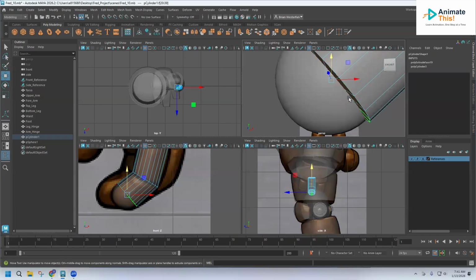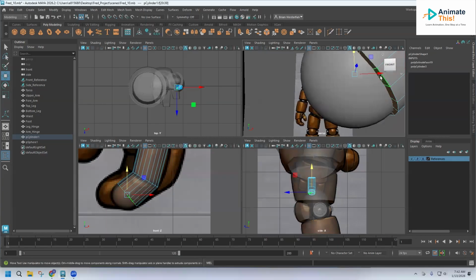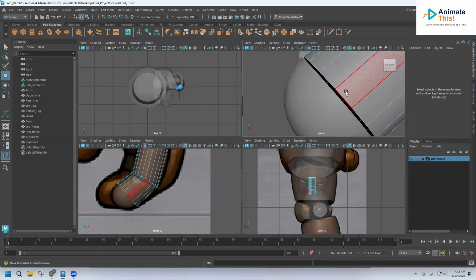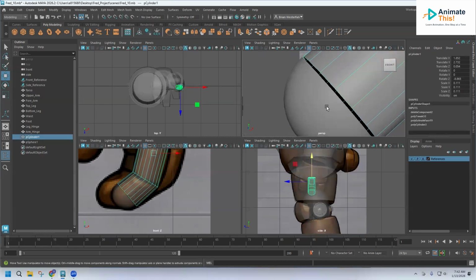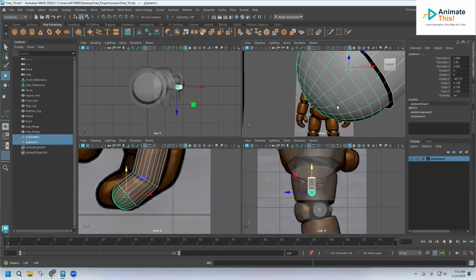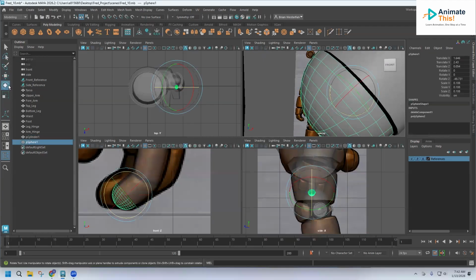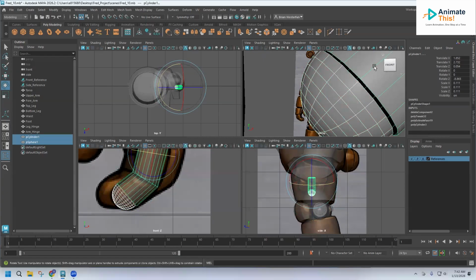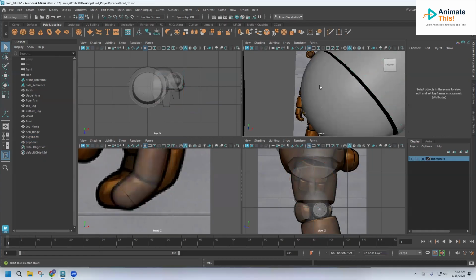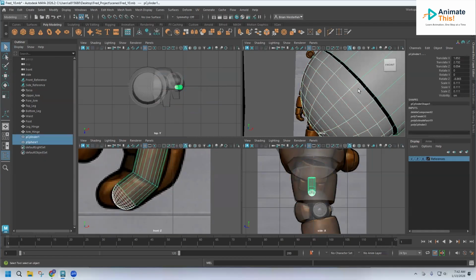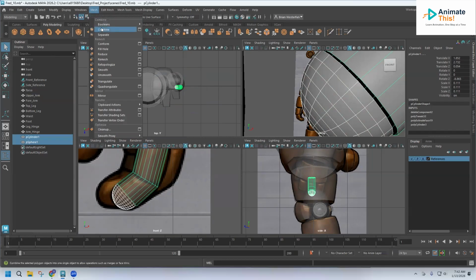So now if I go on my cylinder, go to face mode, it should select all those bottom faces. If it doesn't, just hide your sphere by pressing H and then go in there and select them all and hit delete so we can get rid of those. Then go to object mode, shift click your sphere, and I'm going to rotate the sphere just a hair towards me, trying to get those lines to line up better, which looks pretty good. All right, so shift click the sphere and the cylinder, go to mesh, combine,